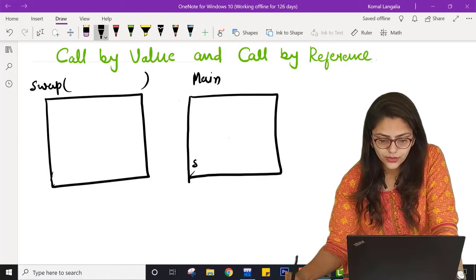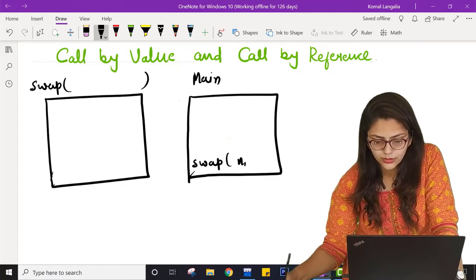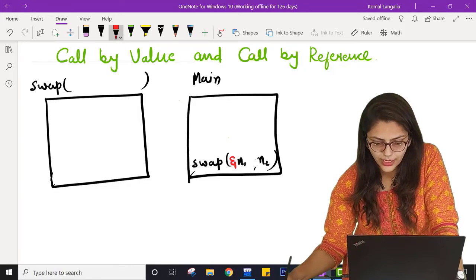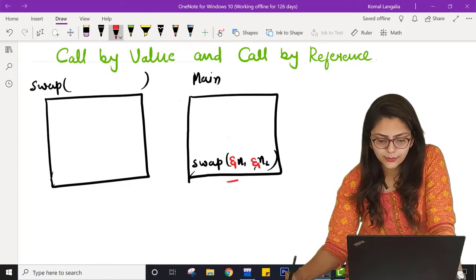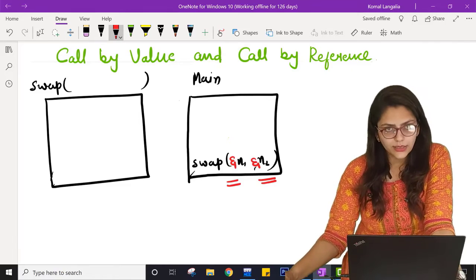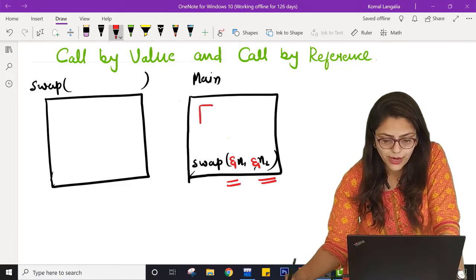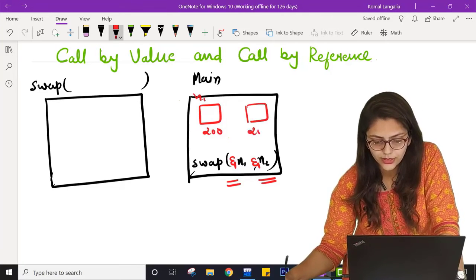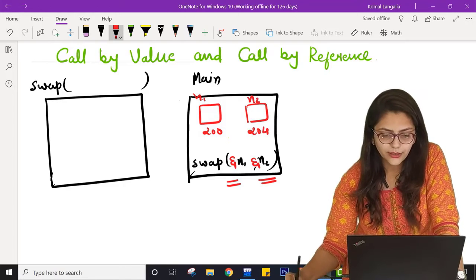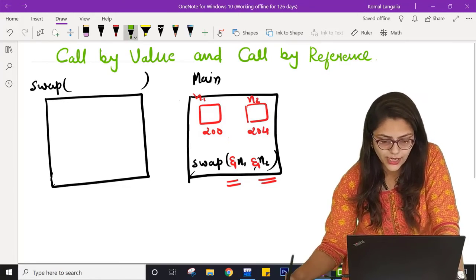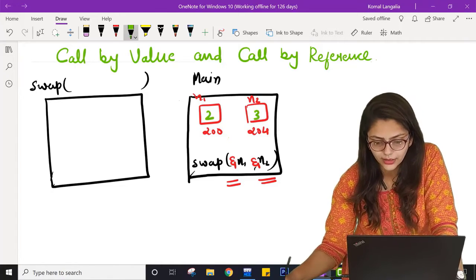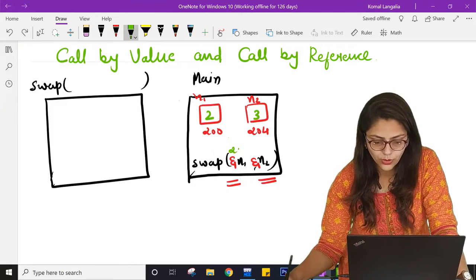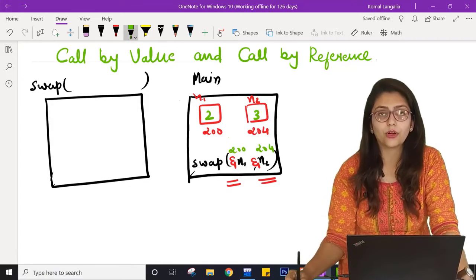Now instead of swap n1 and n2, I am passing &n1 and &n2. Now what is the meaning of & over here? & is nothing but the address. So in my memory block, if n1 is at location 200 and n2 is at location 204, then instead of passing the values 2 and 3, we are passing the address 200 and the address 204, right?